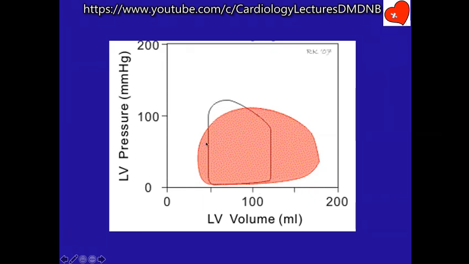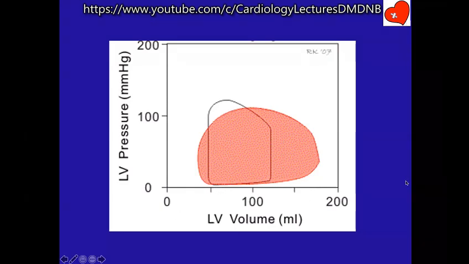That's a much simpler answer, no? The normal graph is shown. The inner one is a normal graph. For example, end systolic volume around 50 ml, and end diastolic volume of 110, 120 ml. That's normal. And the stroke volume is indicated by the area under the curve. Okay, that's the answer I want. So obviously the area of this abnormal curve is increased, the stroke volume is increased, end diastolic volume is increased, and end systolic volume is decreased.